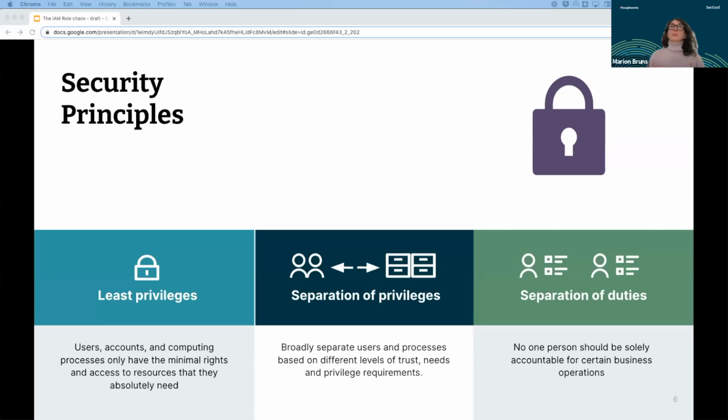So do I really need to access all the records in a database, or do I really need to be able to delete an entire table? Certainly not. So least privilege means, in this case, for example, to limit the access to read only, and maybe only to specific columns.